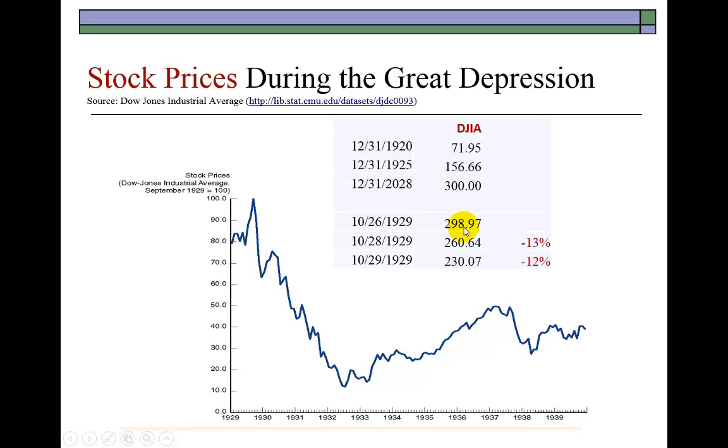So the markets, which already had started to flag, went down a little bit, from the 26th into the 28th. We saw the 13% drop. October 26, 1929 was a Friday, I'm pretty sure. And then Black Monday after the weekend was on October 28th, 1929. So from here to here is a 13% drop, and from here to here is a further 12% calamity, and that's what this is showing.